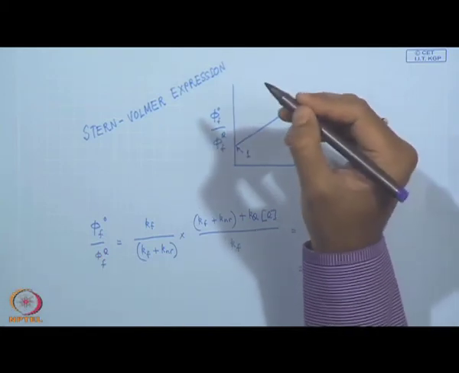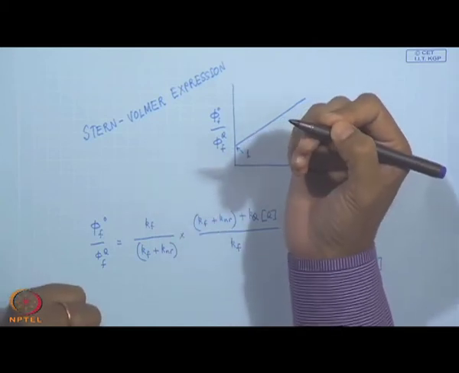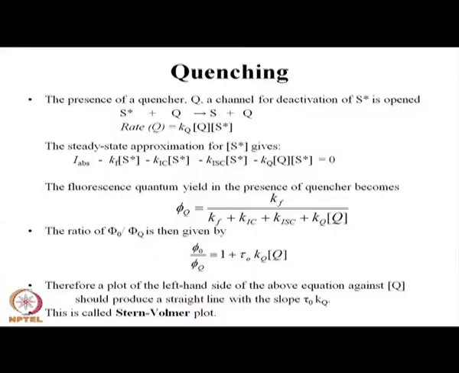The idea is that if an additional deactivation channel is opened up as a result of an external agent like quenchers, then if you include that into the rate process of deactivation of the excited state, you end up with this expression, phi 0 by phi q,